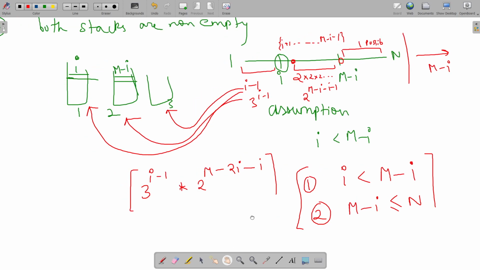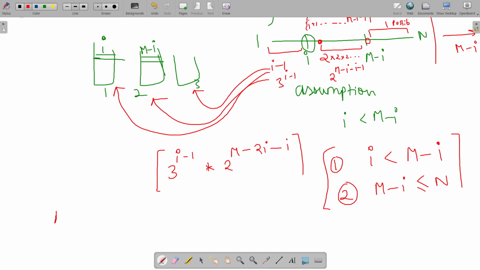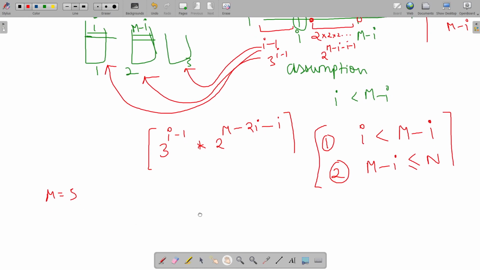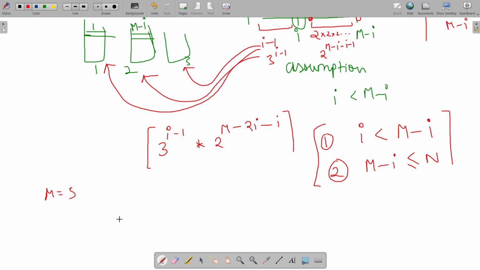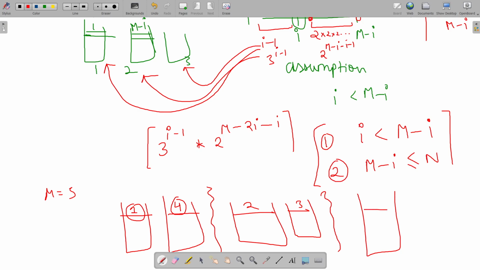Now see, we are assuming i to be less than m minus i. Suppose our m was 5, and we had some very large n value, and let's assume that the first stack had element 1 at the top, the second stack would have element 4 at the top. So this is i equals 1, and m minus i is 4. The second case is it can have 2, and this will have 3. The third case will be when this has 3 at the top and this has 2 at the top,